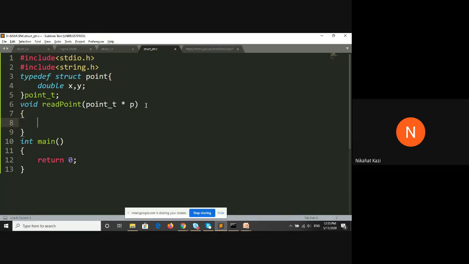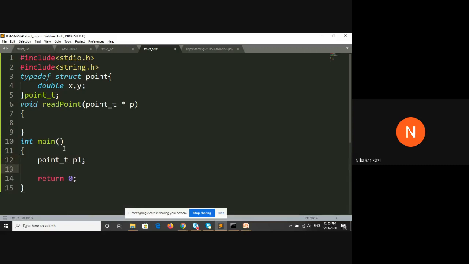We will assume that read point will be called through main, and the main function will actually pass the address of a point variable to this function. So in main we will create a point type variable, say p1.